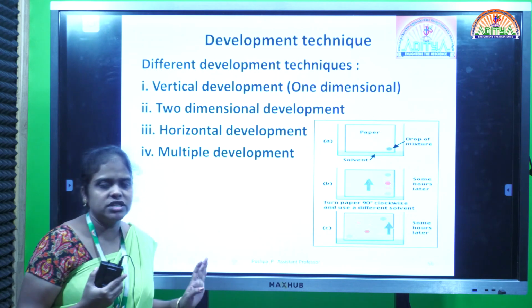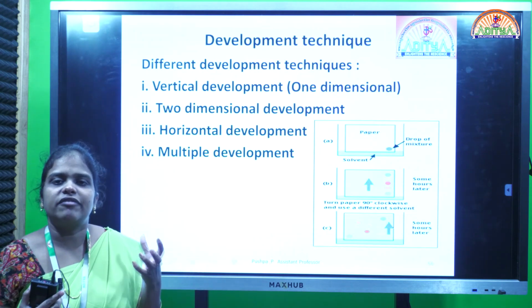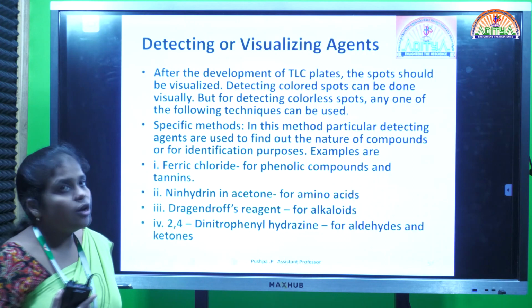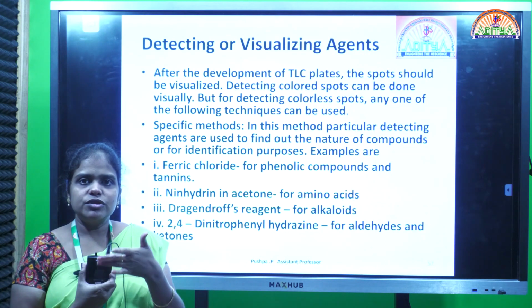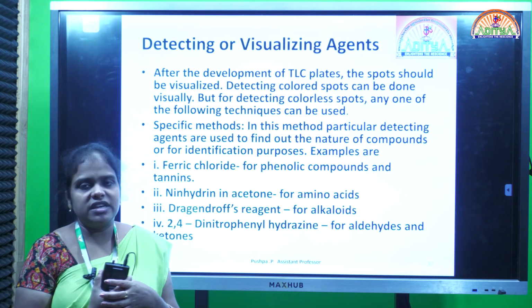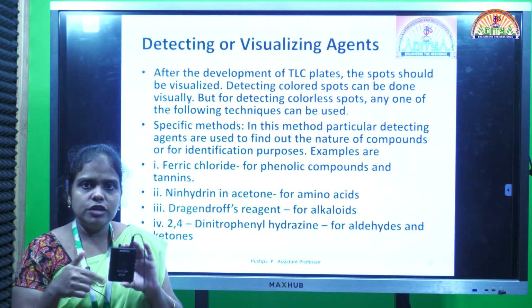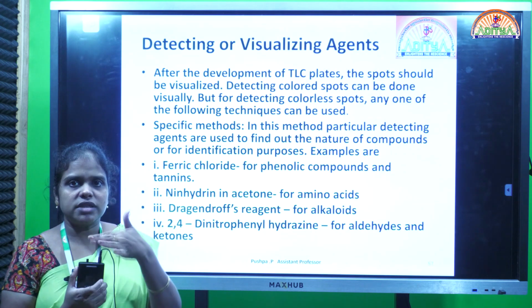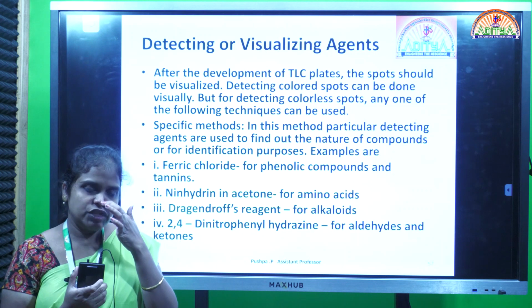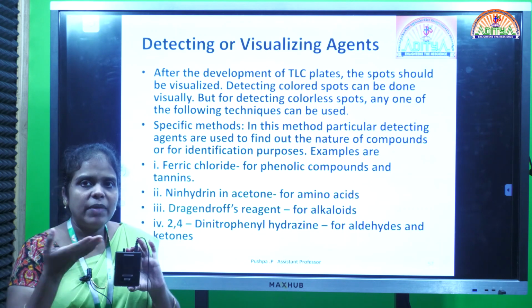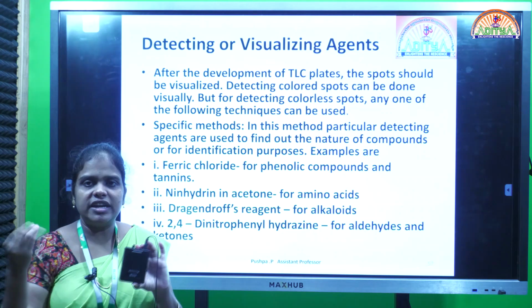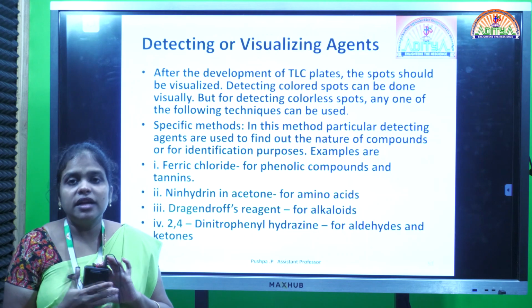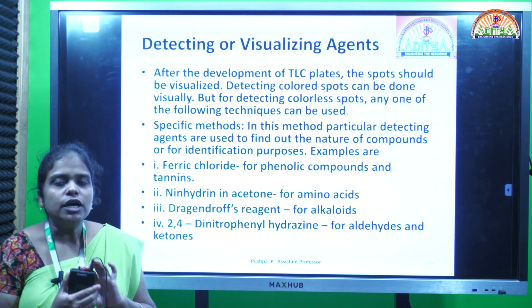That is the use of these two-dimensional or multi-dimensional development techniques. After the development or elution has happened, we have to detect that final separated compound. How will we detect it? Detecting or visualizing. After the elution has happened nicely, if you are getting the elutions in colored ways, because we can see those colored spots visually, we can separate them. By cutting those colored spots, we will filter and separate the compound. But if those are not colored forms, then how can you detect those compounds?